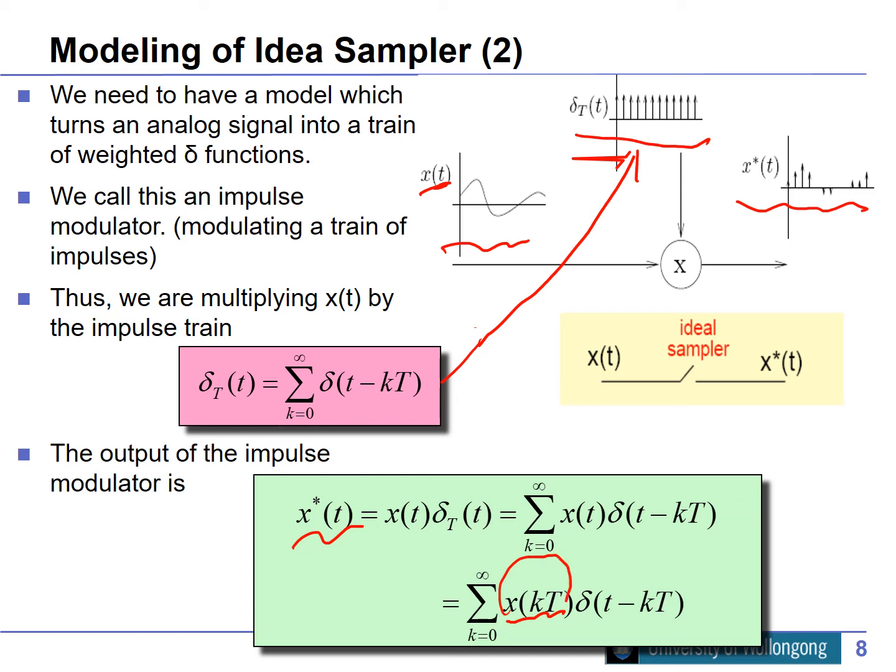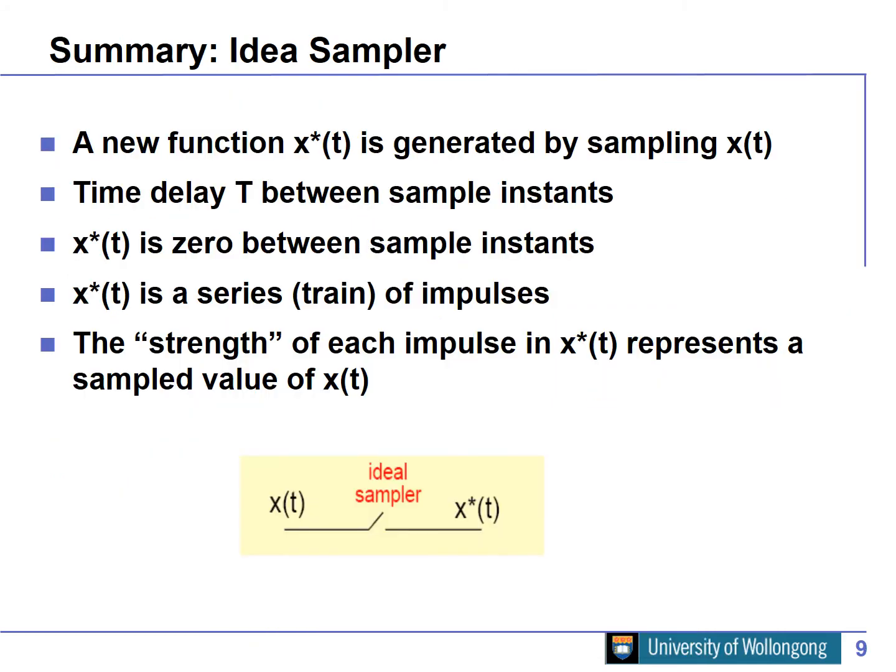And this is our sampling operation. So, a summary: sampling is basically the original signal multiplied with a train of delta signals, and we get a new function called x star t. This is by sampling x(t), and each one of these delta signals is delayed by T. So that's our sampling